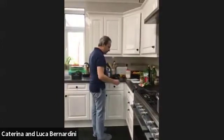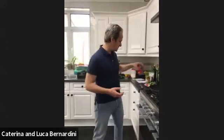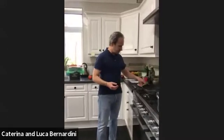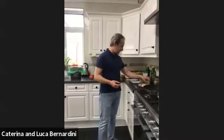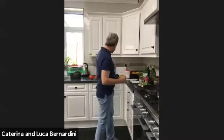Then we will need, as I'm using mid-sized aubergines, I know in the ingredients I put two tins of tomatoes, but I'll be using just one because my aubergines are quite small, so one will be enough. If you're using bigger ones, then you can use 2 of these. We need 4 cloves of garlic, a nice bunch of fresh basil,